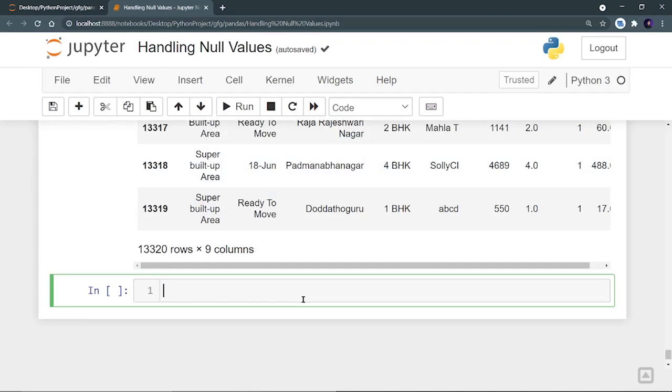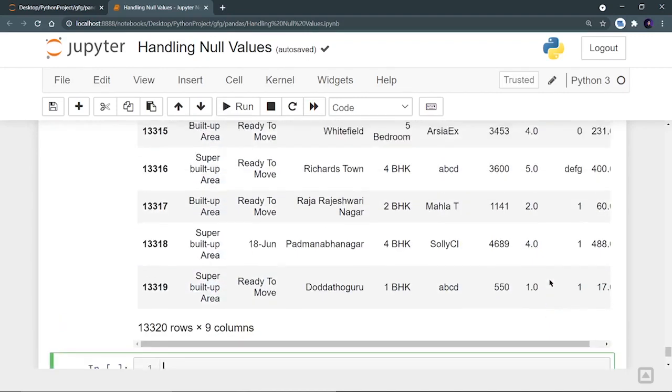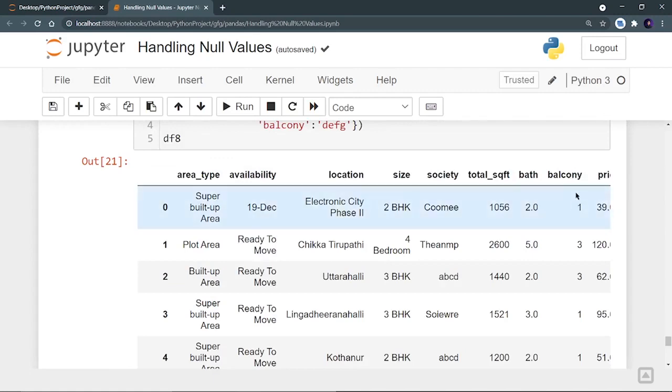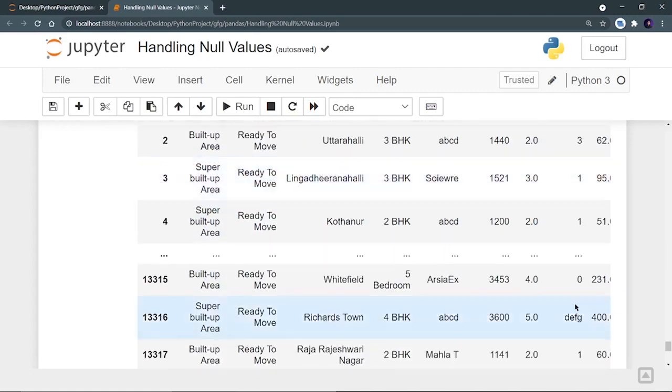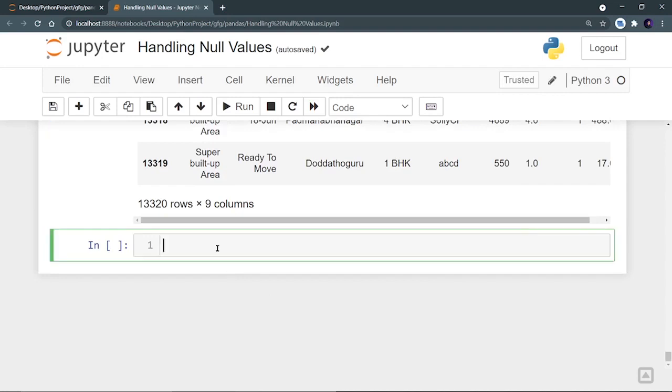Now here what I want to do is fill the null value with the mean of the complete column, right? So here I can see that this column is a numeric column, right? 1, 3, 3, 1, 0, like this. So here I want this null value to be filled with the mean of this complete numeric column, right? So here let me put the topic: filling null value with the mean of a column.